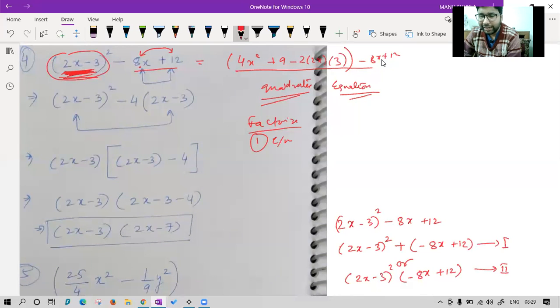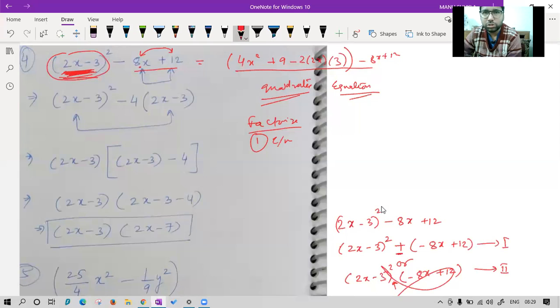So in the second way, what is the mistake? I have removed the negative sign inside and brought multiplication in between, which is wrong. It was not multiplication. So you have to take a plus sign outside, then only you can make this group. Okay, the first way is correct.